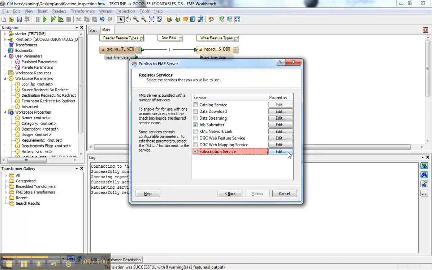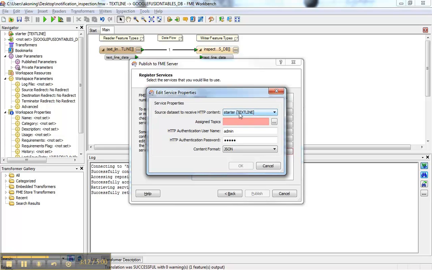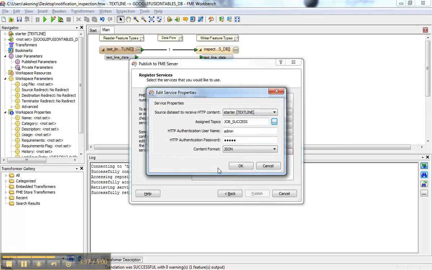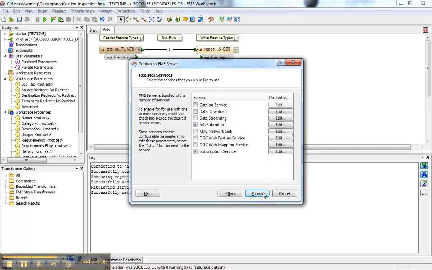Now here we check on subscription service, go to edit, and what the subscription service does is it takes the message that's coming through and makes it the source data for the reader. In this case, the text line reader. So that's fine. Whatever we receive as a message, we want that to be read in through the text line reader. Assign topics. You can create all you want, but there's one that comes out of the box called job success. And anytime a workspace is successful, it will pass the success message now to this workspace. Click OK, publish,